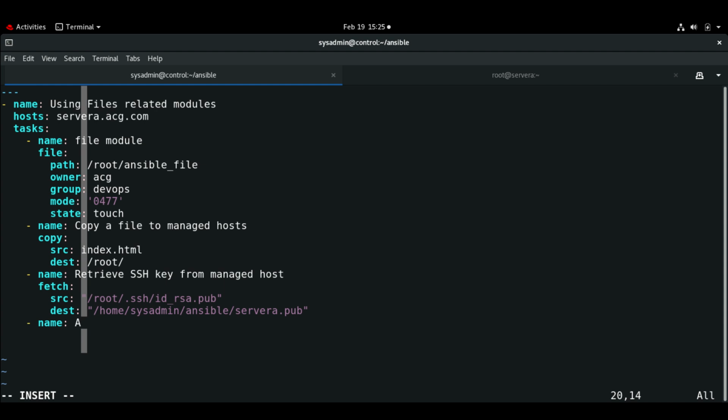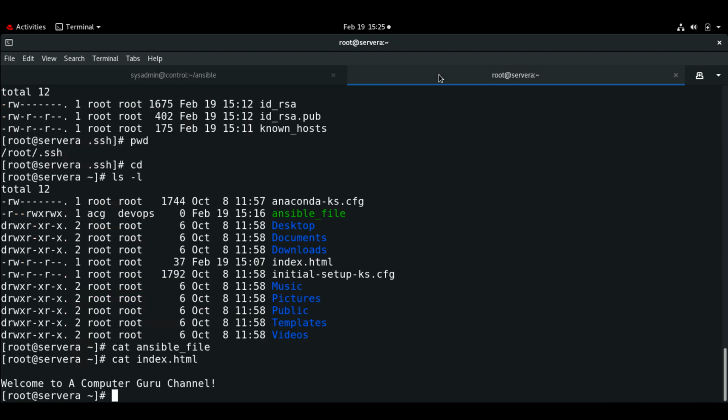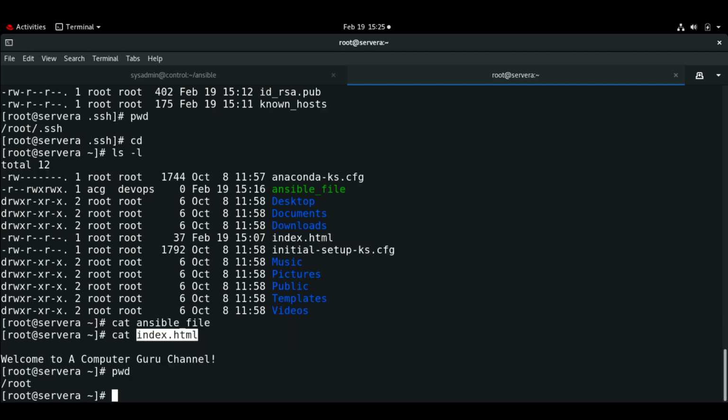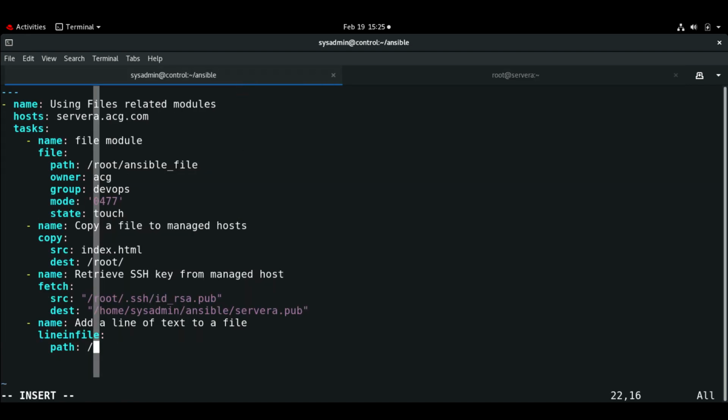Okay, let's give a name, add a line of text to a file. Okay, and the module name will be lineinfile and path. Let's give this path to the index.html file, /root/index.html,